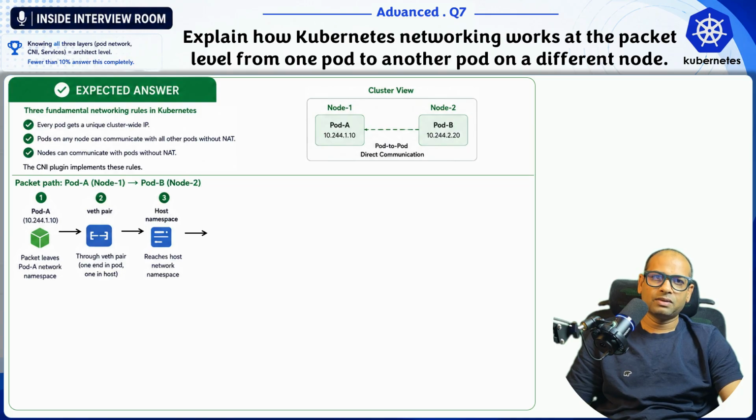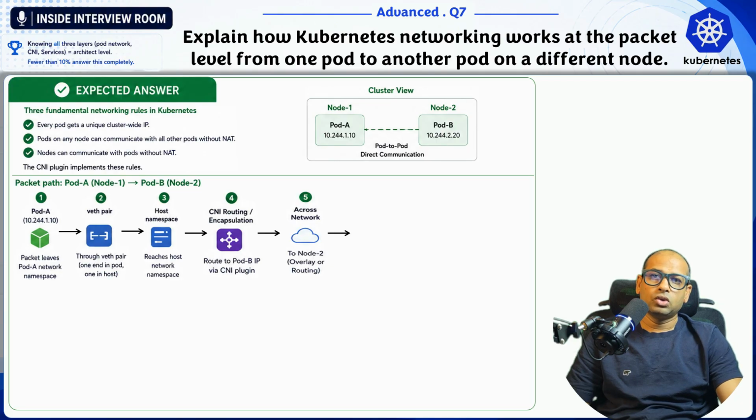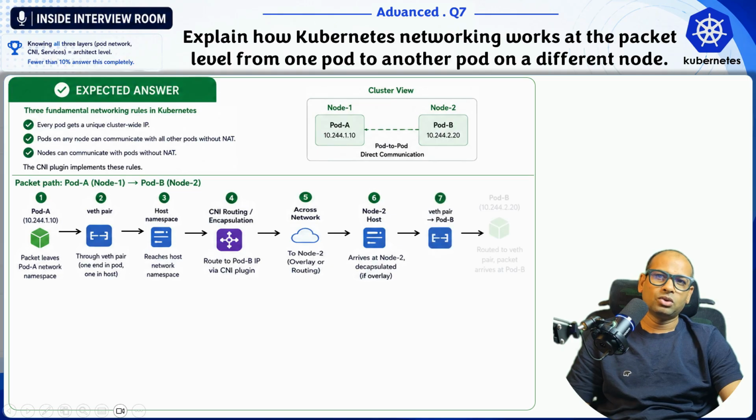It crosses the network overlay or plain routing to node 2. On node 2's host, it arrives and is decapsulated. If it was an overlay, then through the veth pair on that side into the pod. That's the full journey: pod namespace, host, CNI, wire, host, pod. How the middle actually happens depends on your